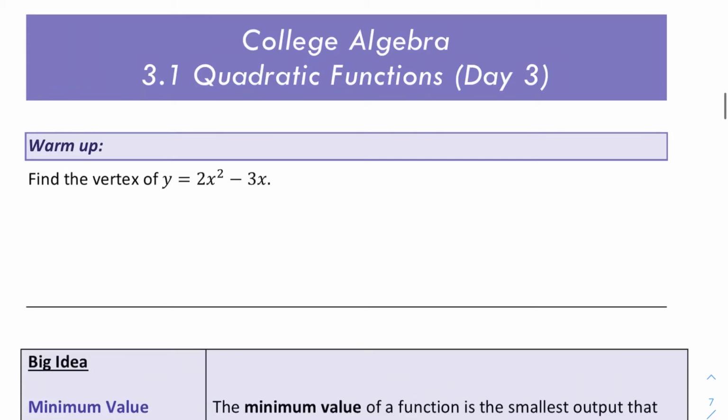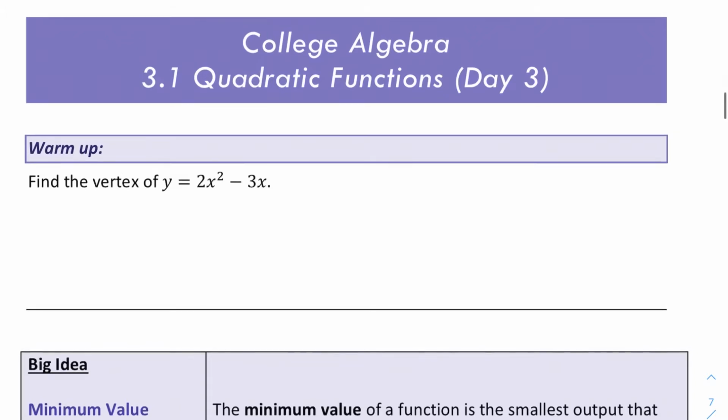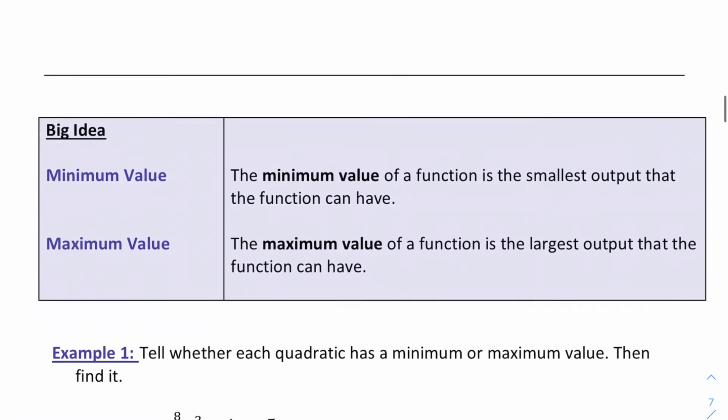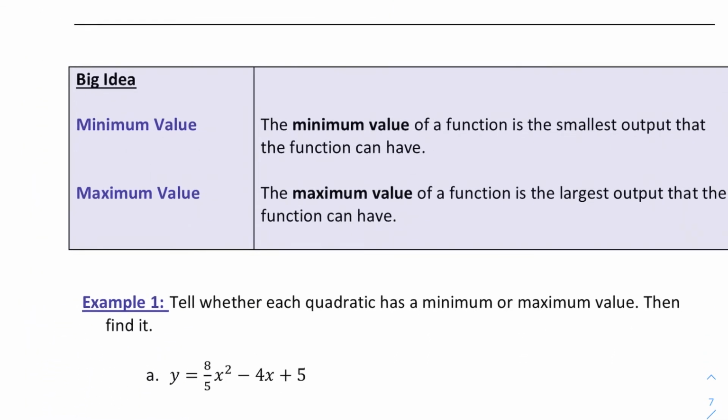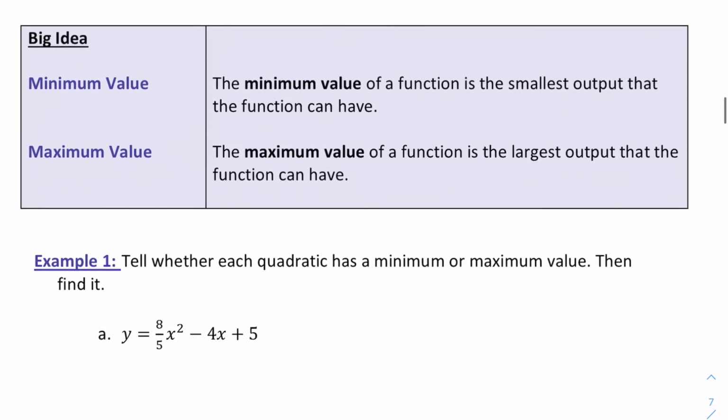Some more about quadratic functions today, mainly minimum and maximum values. So, quick little reminder: the x-coordinate of your vertex, if your quadratic is in standard form, is negative b over 2a. Quadratic functions are either going to have a minimum value or a maximum value, depending on whether they open